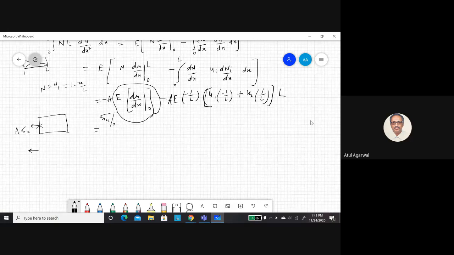And if you say this is a reaction force, that there is a force here called reaction. And this is actual force. In this case, there is a reaction force at the node 1. So that was stress into area. And this force was inward. And if you say your force is R in this direction, these two have to be equal. This you can write as minus R.